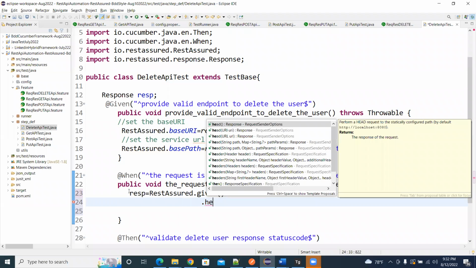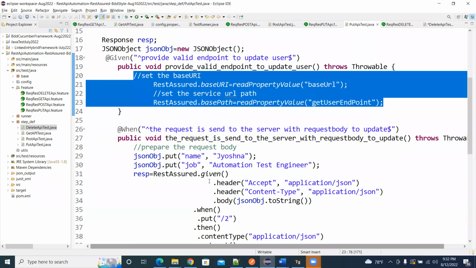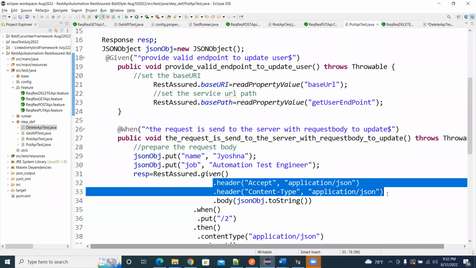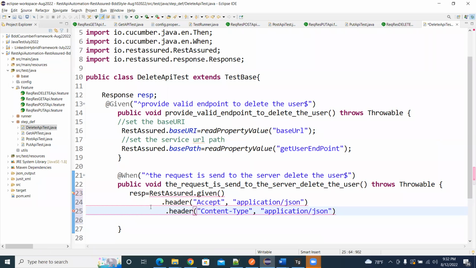I'll just copy from there. Okay, I don't want to waste time. Let's go and copy from there. For this you don't have a body. Okay, for this you don't have a body. For the delete method you don't have a body. Please catch that. For delete you don't have a